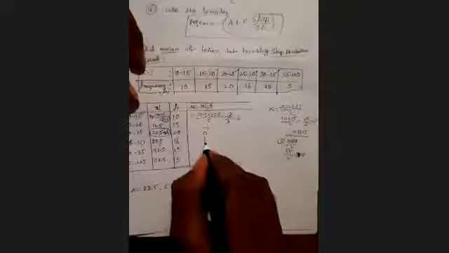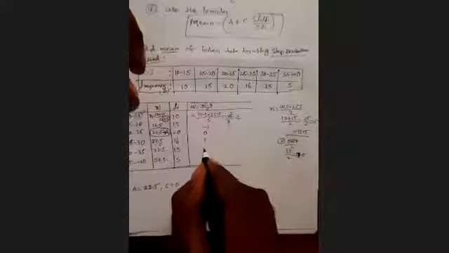Then the second one, we have to find what? This is the first mu i value, that is mu 1. Then you have to find mu 2. For mu 2, what do you have to do? 17.5 minus 22.5. That will be minus 5. After minus 2, I told you yesterday, you will get minus 1. After minus 1, you will get 0. After 0, you will get plus 1.